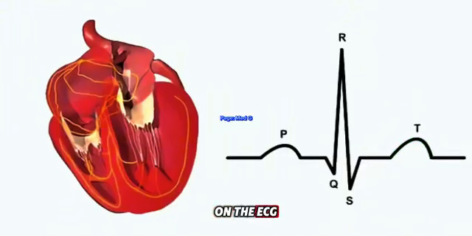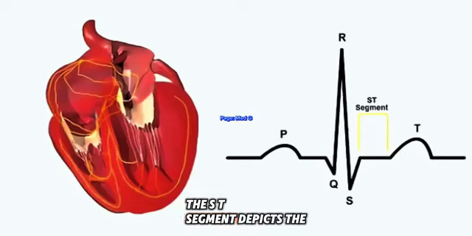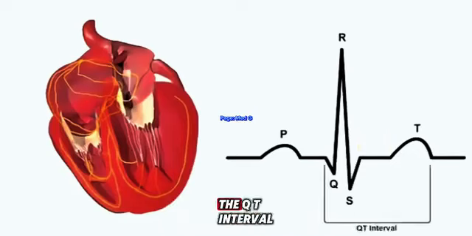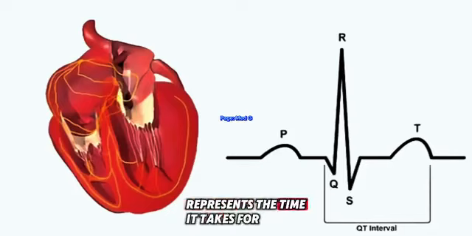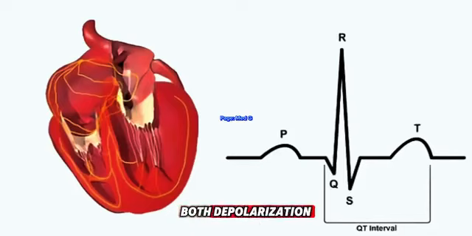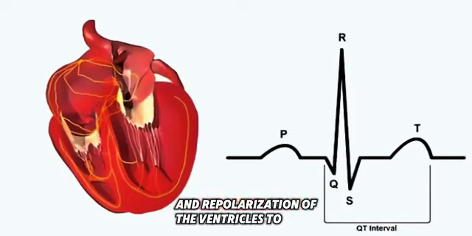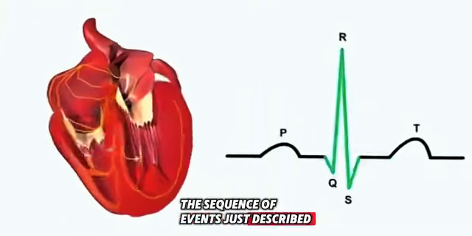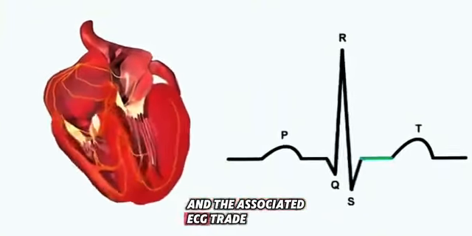On the ECG, the ST segment depicts the period when the ventricles are depolarized. The QT interval represents the time it takes for both depolarization and repolarization of the ventricles to occur. The sequence of events just described and the associated ECG trace